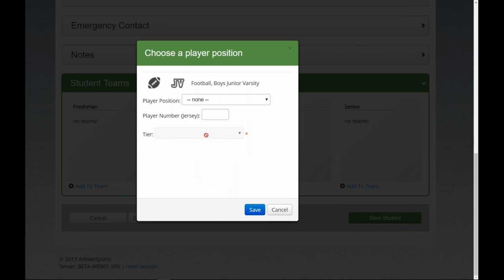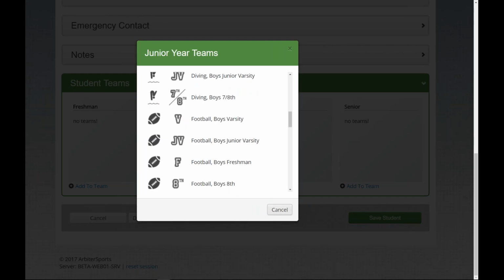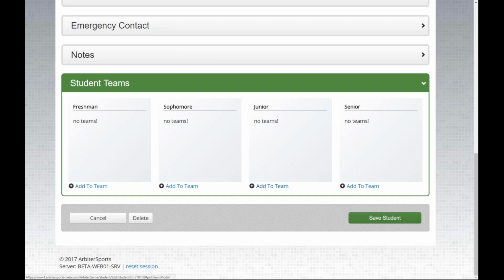However, last year's competitive balance is closed, so I won't be able to put that in. Actually, I think putting in previous year's information will be initially blocked by the competitive balance restrictions from previous years, since those are all closed. So I would say if you do need to put in previous year information for a competitive balance required team, contact Arbiter support at 1-800-311-4060. So I'll go ahead and save that student,